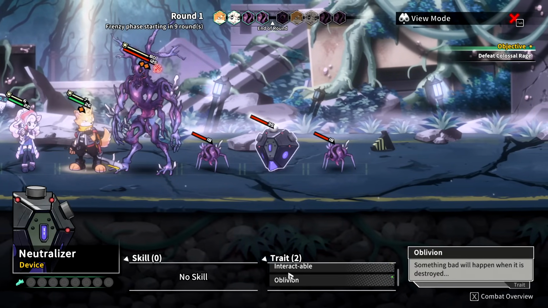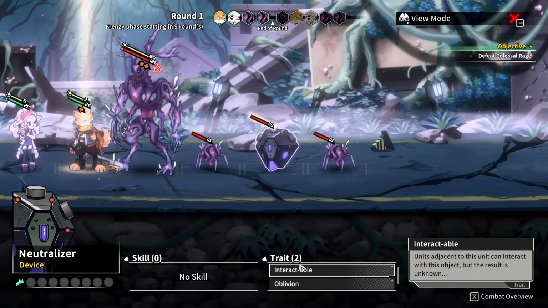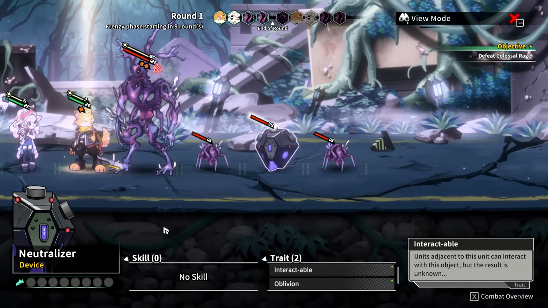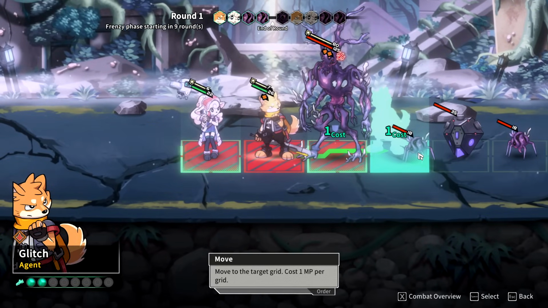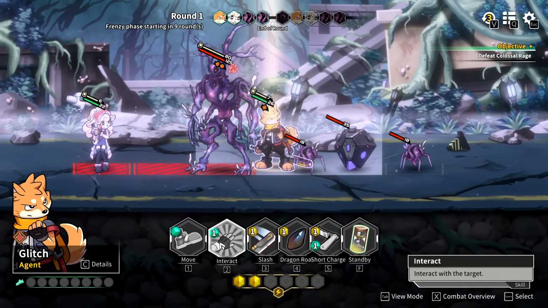What are you? So this is the neutralizer. Something bad will happen when it is destroyed. Units adjacent can interact with it. Okay. So I gotta get over there, right? Let's try to get over there right now. So now I can interact with